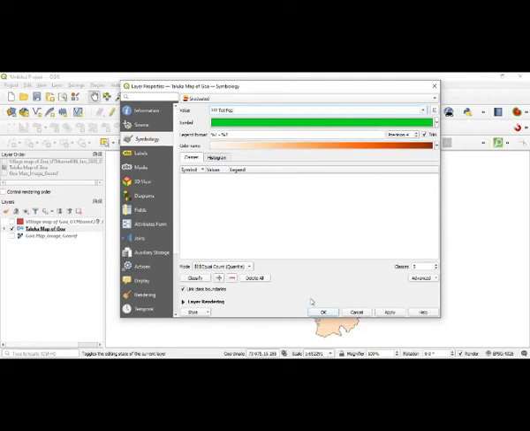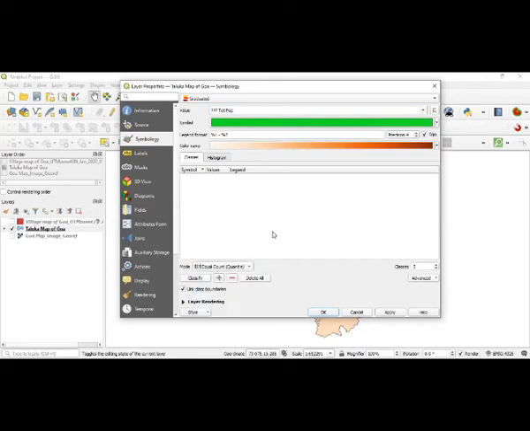Now, since I wanted the graduated, I will have to classify them into a number of class intervals. Now I am going to have 5 different classes, and it depends on what kind of mode you want. So equal count is here, then equal interval, logarithmic, natural break and all that. You can try each one of them.